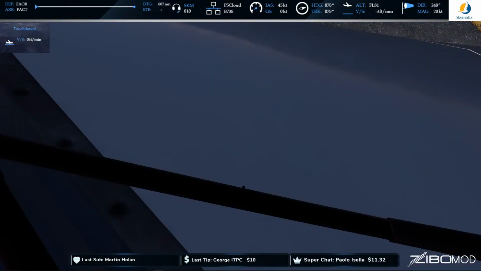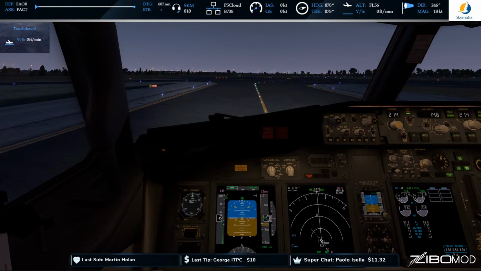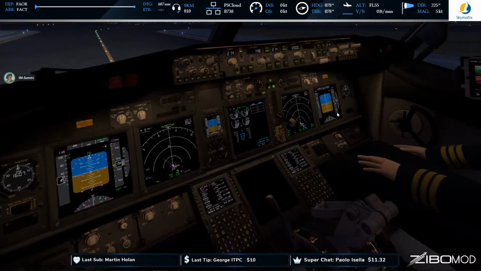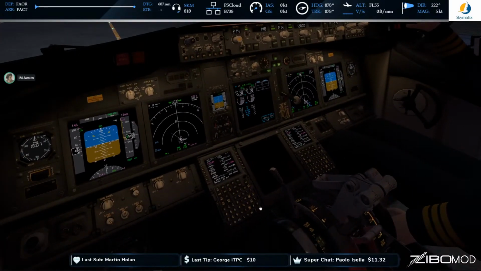Flaps 5 set. Stabilized. We have park brake on, sir. Sorry, I had my throttle still in the power up position. So Nico, can you maybe pan out to the FMC